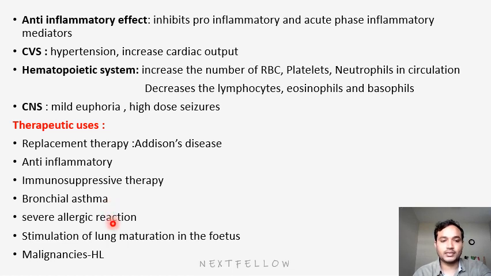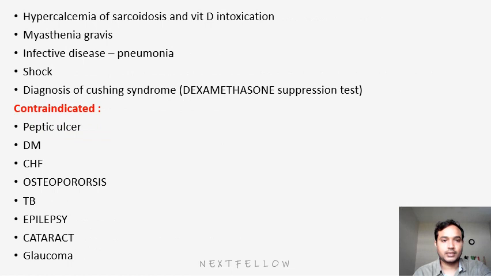Next, severe allergic conditions. Next, stimulation of lung maturation: betamethasone and dexamethasone will be useful in lung maturation in premature babies. Premature infants don't have lung maturation, so we give these drugs to enhance lung surfactant. Next will be malignancies like Hodgkin lymphoma. Next will be hypercalcemia of sarcoidosis and vitamin D intoxication. Next, myasthenia gravis, infective diseases like pneumonia, shock, and one thing is the diagnostic purpose of Cushing